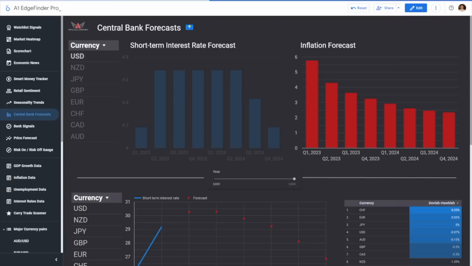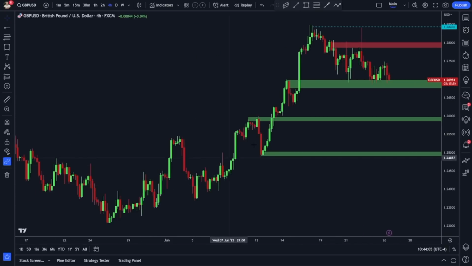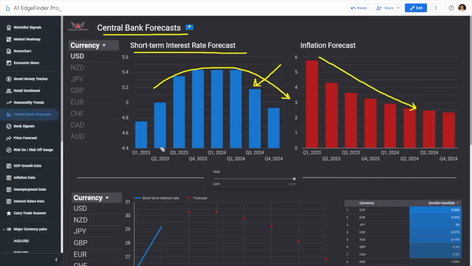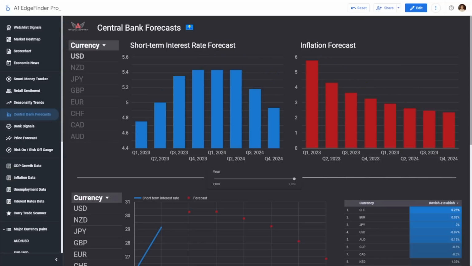Now, again, when we take a look at the price, you can see the market participants think that this chart is overall bullish as well. And when we look at the central bank comparison, using the central bank forecasts, we can see projections for interest rates to start coming down around the same time. But again, inflation is much more under control in the US compared to the UK. I know that might be hard to hear for the US people, but trust me, my UK friends are in more of a troubled situation than we are, I think, in terms of the inflation specifically.